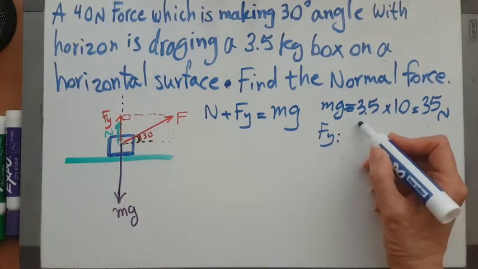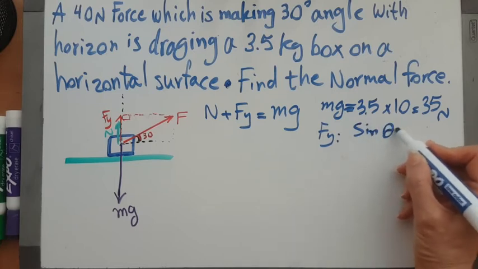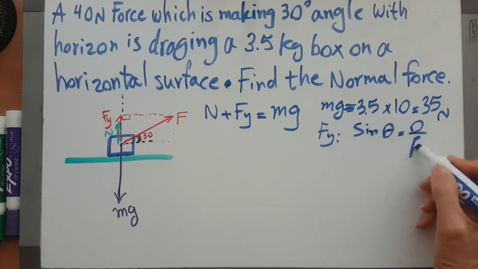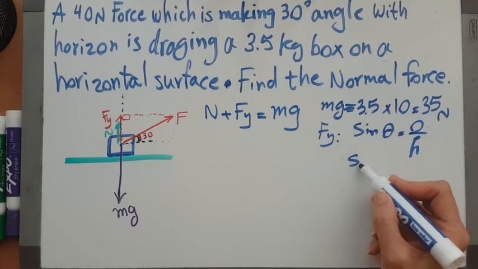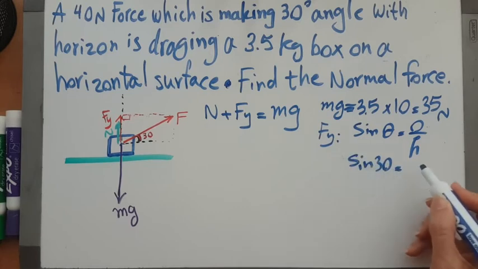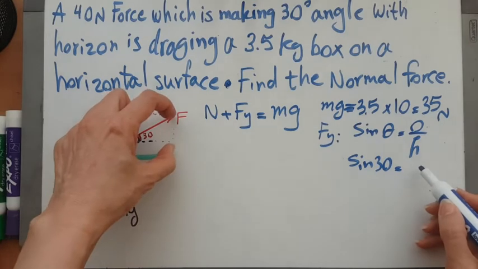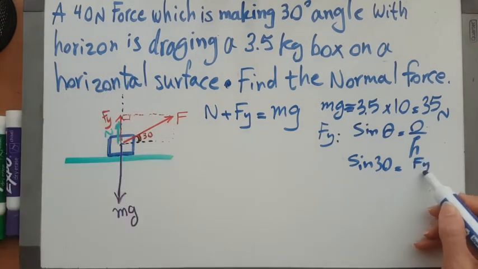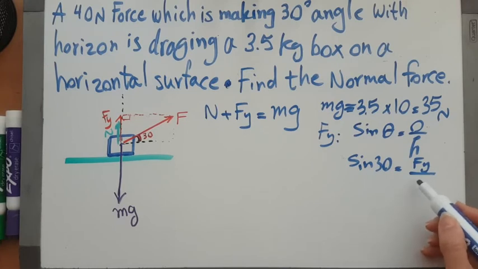So I know that sine of theta is opposite over hypotenuse, and the sine of 30 equals this, which is equal to Fy, because this is a rectangle, Fy over F, which is hypotenuse, right? So if I isolate the Fy